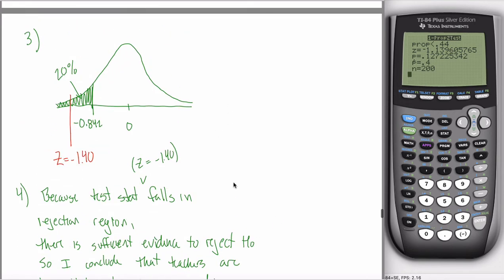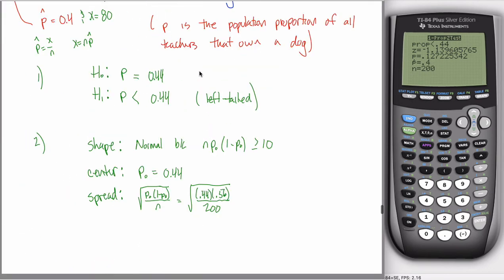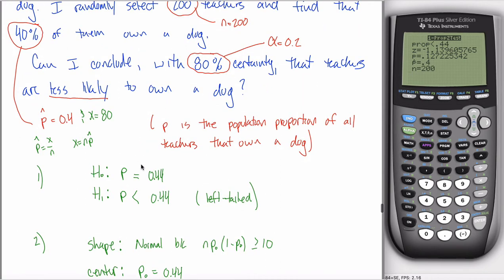That is the classical method of hypothesis testing when you're dealing with proportions. Before I end this video, I want to make one change to this problem and just run it through real quick, probably take another 5 minutes or so. The idea is, in this example, I gave you a left-tailed test. I think you could use this to come up with what you do if it was a right-tailed test. But what I want to show you, because it looks a little bit different, is what if it were a